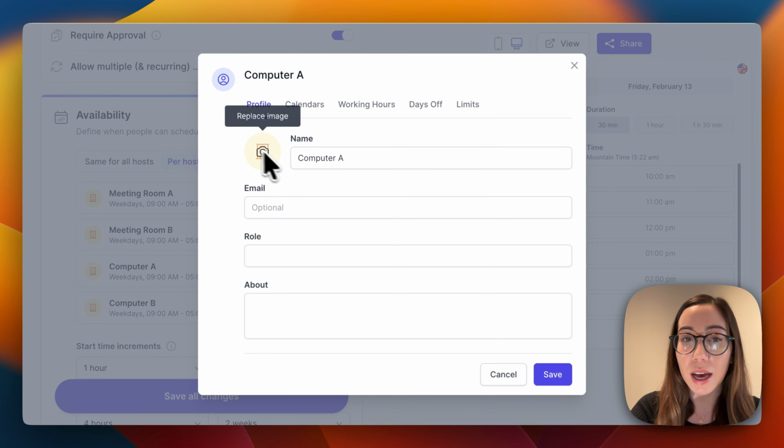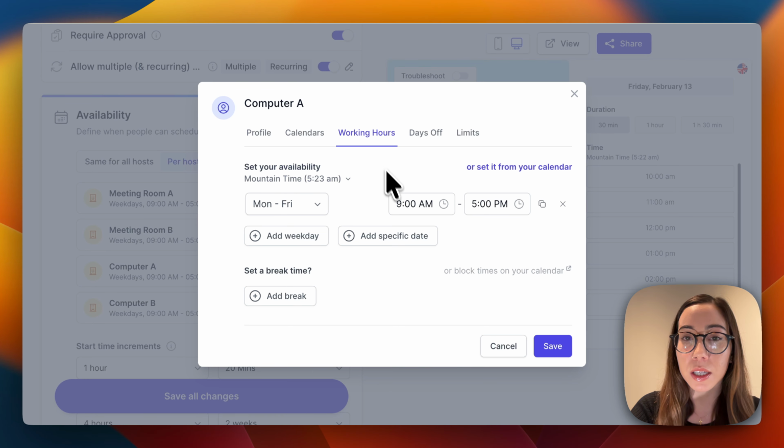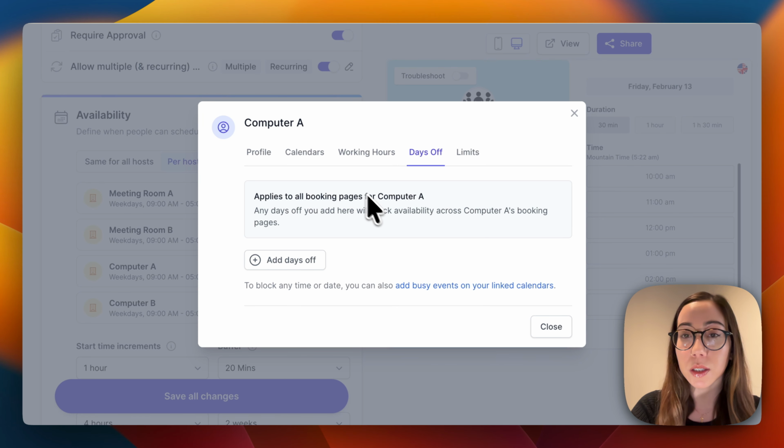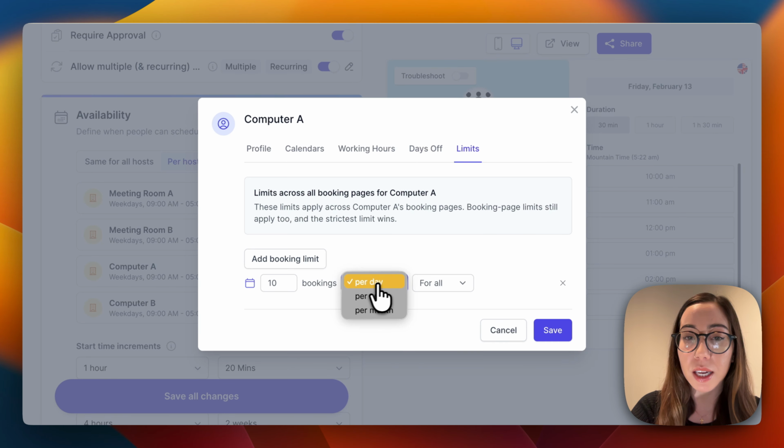You can also add a specific description down here, an image, a linked calendar. Again, this is the particular schedule that this resource will be available, any days it will not be available, as well as booking limits either per day, week, or month to cap how many bookings this resource can receive. So we'll hit save,